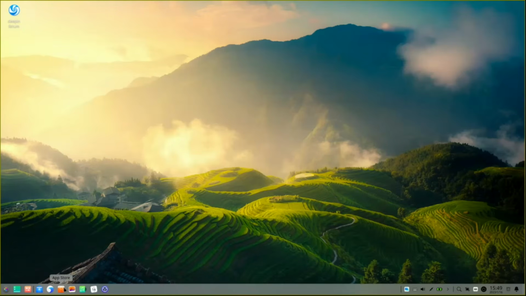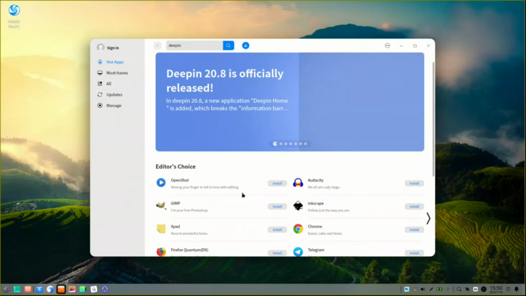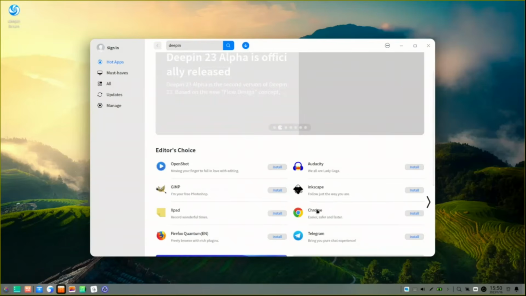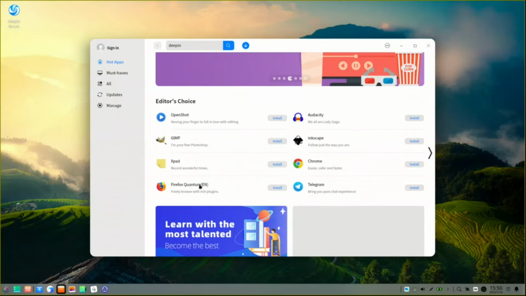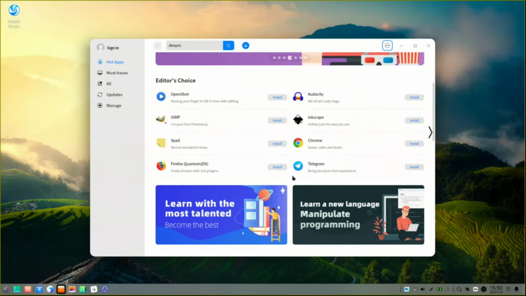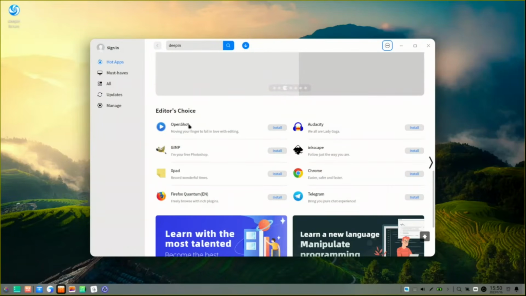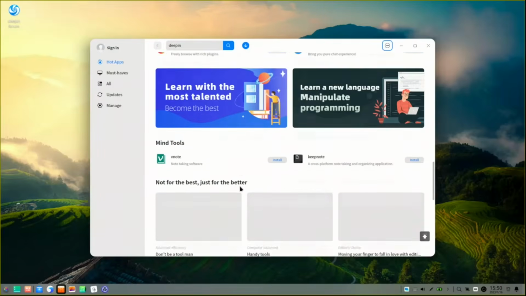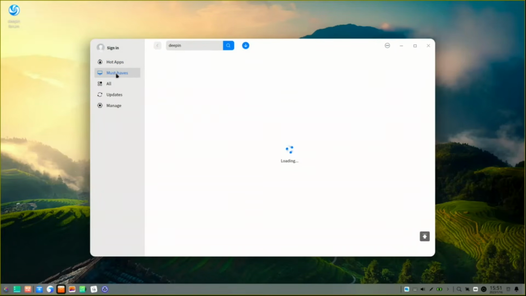The other thing is the App Store here. This is the App Store. So they have here hot applications. We have Audacity, OpenShot. You can install Chrome, although there is the browser, their old version, but there is Chrome. You can have also Firefox. Okay, so Telegram, there is the Mind Tools. You can have all these information editor tools. These are for the hot tools. There is also the must-haves.